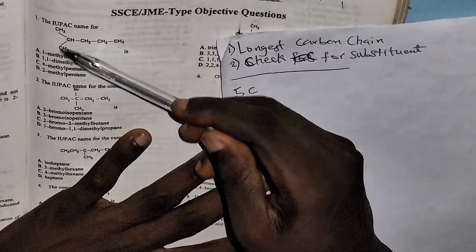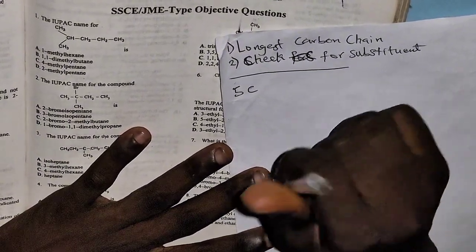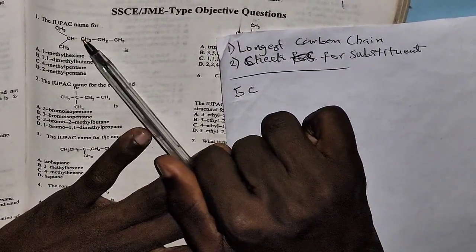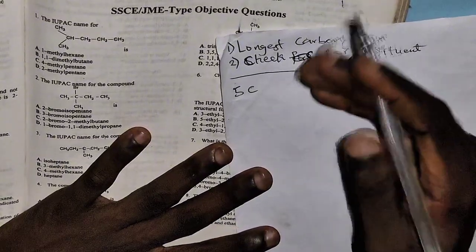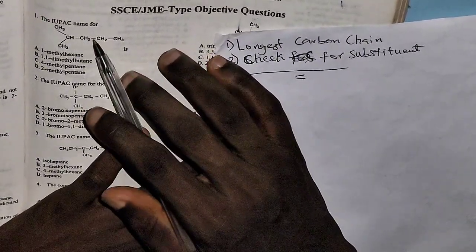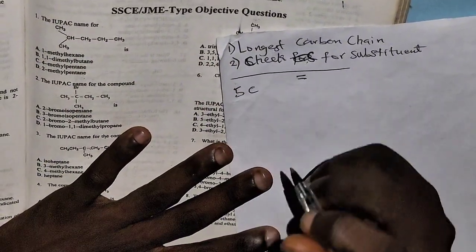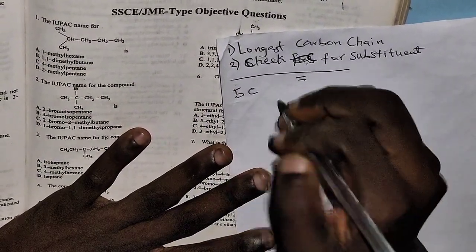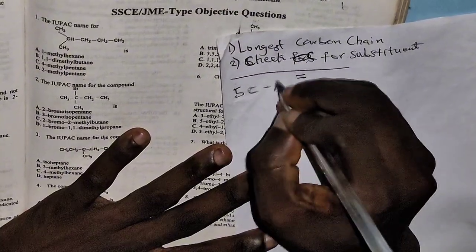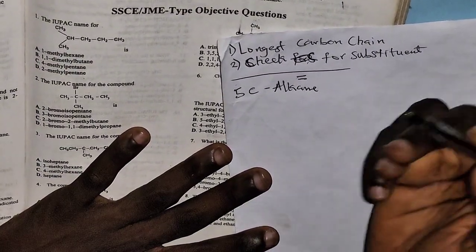Now, why is it an alkane? An alkane has single bonds only. Do you see any presence of double bonds here? Is there any double bond there? They are all single bonds, which signifies that it is an alkane. So we said the carbon is 5 and it is an alkane. If you remember the formula of alkane,